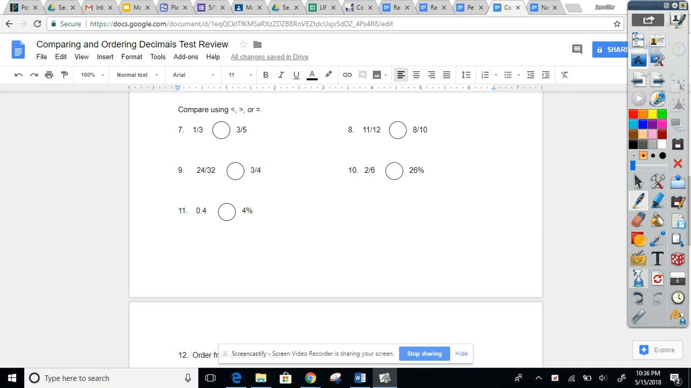So next, let's look at number 11. Okay? This one's already a decimal, so let's convert the one on the right to a decimal. 4%. I always move it 2 places. 1, 2. Put your decimal there. If there's a hump right here, no number, I have to add a 0. So is